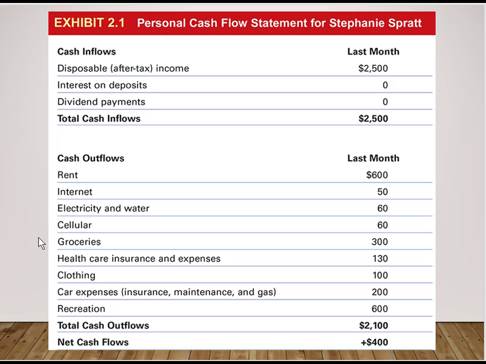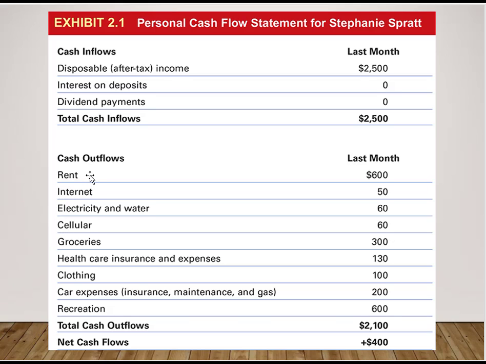And again, as you look at these, this is a monthly cash flow statement. But we need to look at some disposable or after-tax income, right? This is just, if you think about your paycheck, this is your paycheck for the month. There's interest on deposits, maybe dividends, right? But we have a total cash inflow. Then we have cash outflows, of course, recording all those. And as you go down the list here,